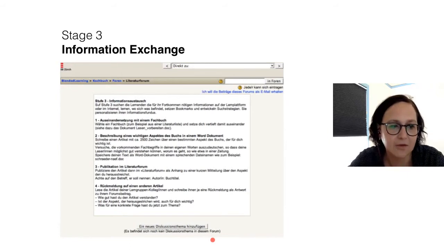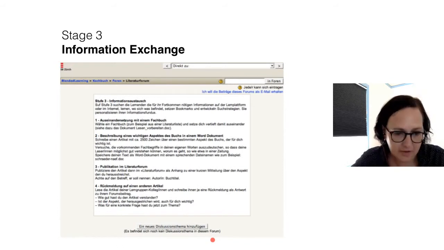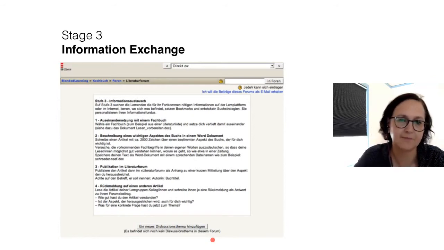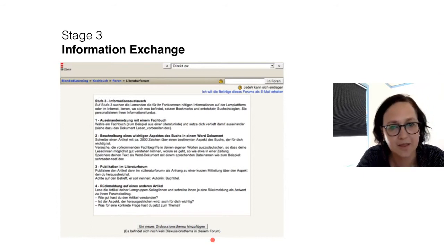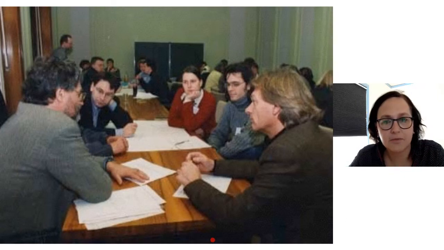This is a very old idea, this with a literary forum, that, as I mentioned before, everyone reads one book on the topic and points out some aspects that were interesting for him or her, and then others could interact with that. It's a cool look back on Moodle layout history. It's really old. So we come to stage 4,